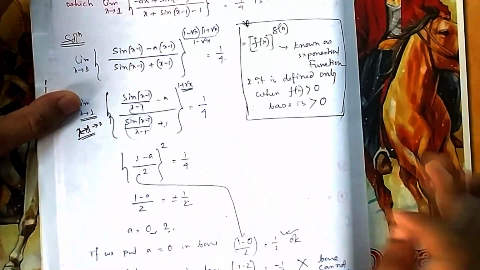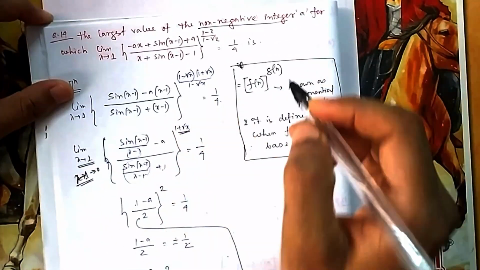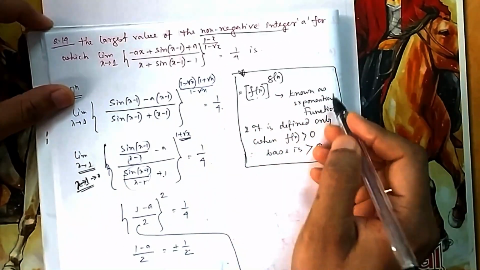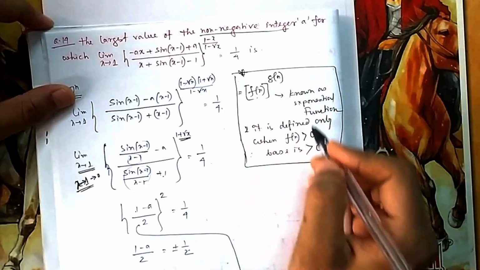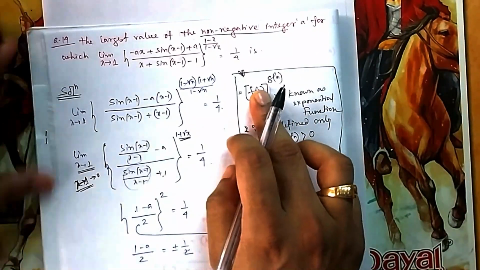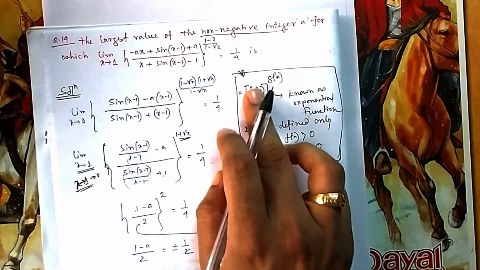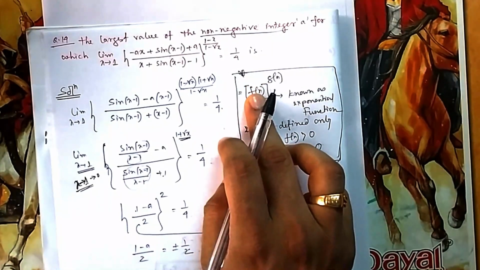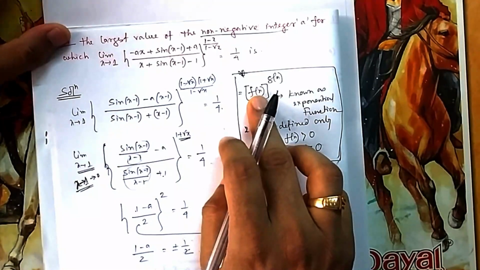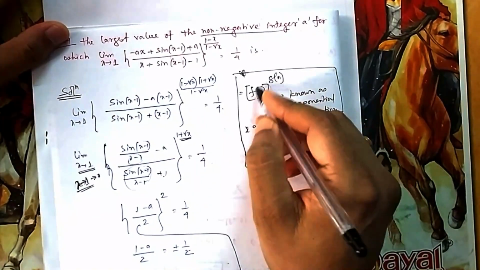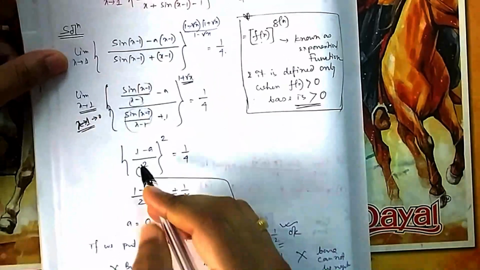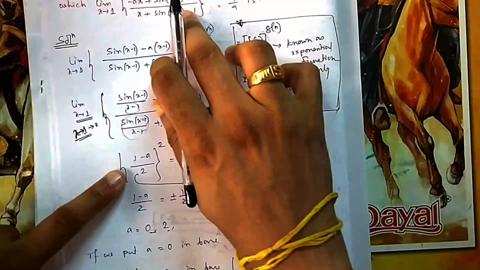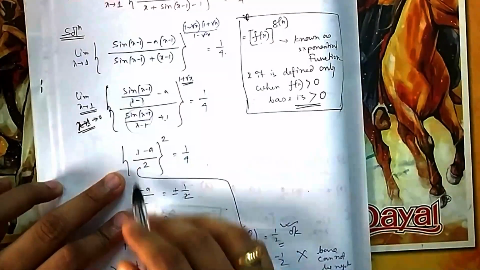But if you put a equal to 0, one thing you have to be careful. It is function to the power function. That is known as exponential function. This base is always greater than 0. While defining exponential function, I told you this base for exponential function should be always greater than 0. In terms of log also, while I am giving some basic theories in functions, I have explained that one. This base should be always greater than 0. You see this one, this base. Don't put it there directly. Here is the base, so you can put it here now.